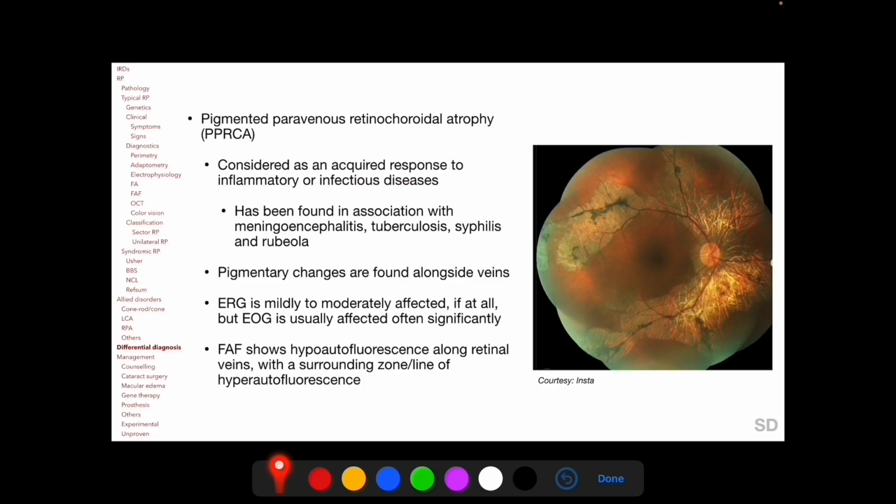In this entity, pigmentary changes are found alongside retinal veins as seen here in this color photograph. ERG is mildly to moderately affected if at all, but EOG, or electrooculogram, is usually affected, often significantly. Fundus autofluorescence shows hypoautofluorescence along retinal veins in the zones of retinochoroidal atrophy with a surrounding zone or line of